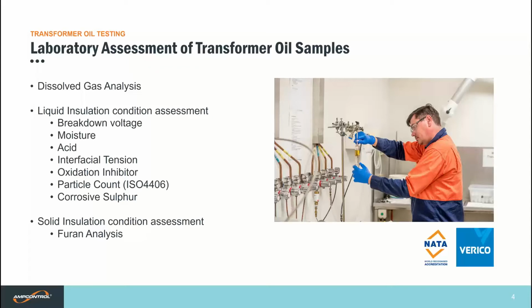Changes in breakdown voltage of the oil can be due to, for instance, increases in moisture levels in the oil and the paper insulation, and also because of breakdown of the paper, that can deposit cellulose fibers into the oil. Also, the equipment performing the KV test may be the source of the variation, and this applies to any test that's done on a transformer. So the KV of transformer